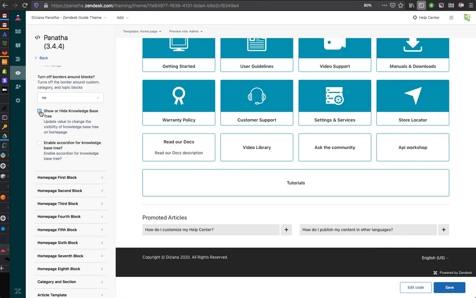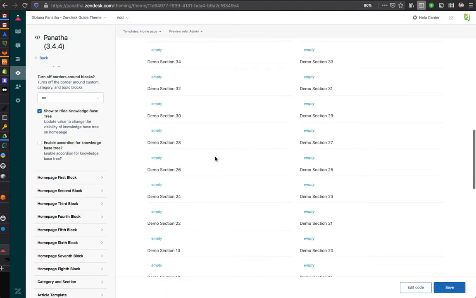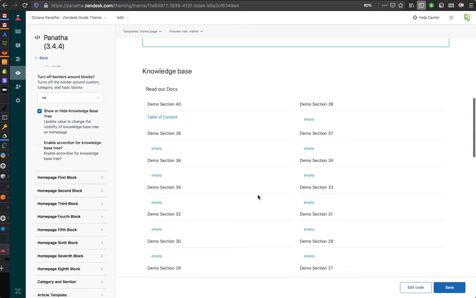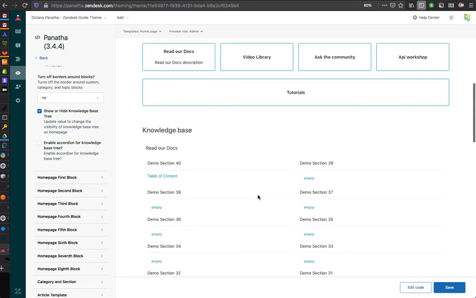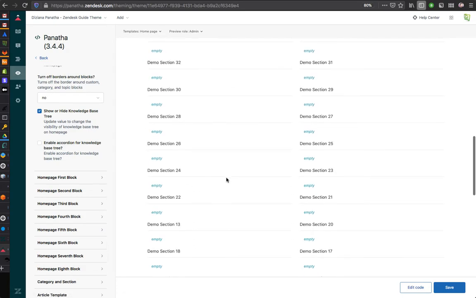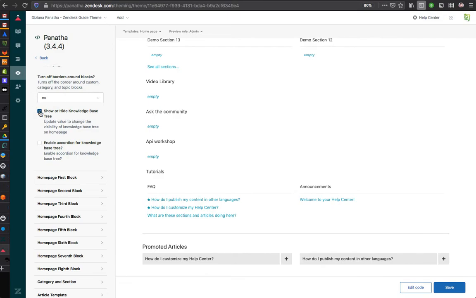It's called show or hide knowledge base tree, which basically lets you show the entire help center content like this. We do have these demo sections for testing purposes. You can see it will show up like that, with the category name, and then these are the different sections in it. So you can enable that.